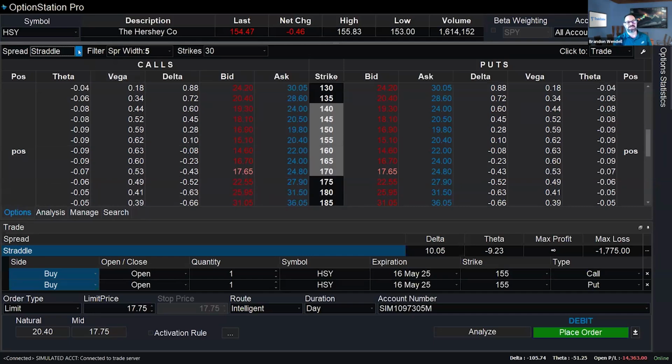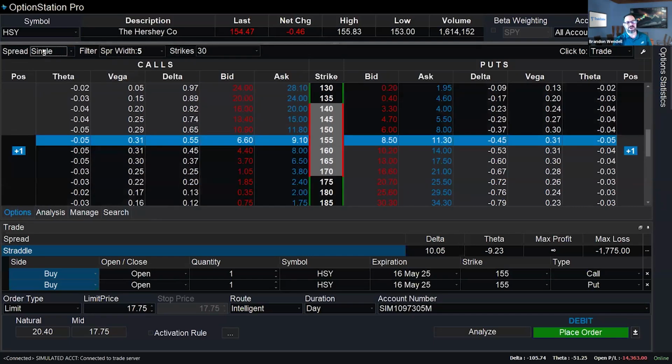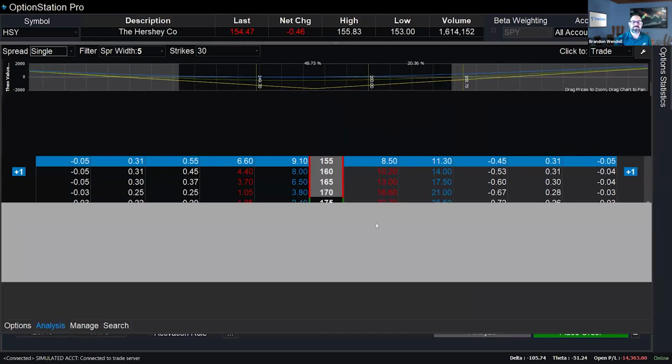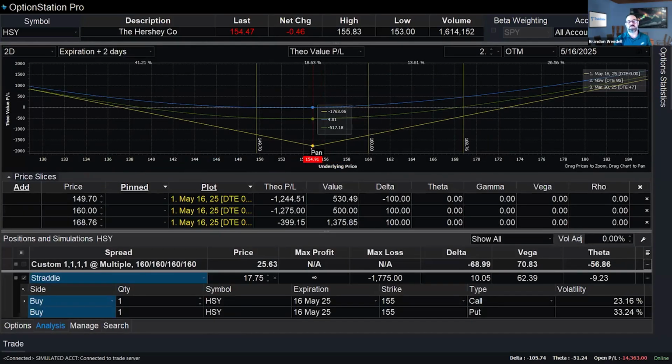What I did was build the position singly, using just single options, opening the chain that I want, and I hold down the control key when I buy so I can do multiple legs. Okay, so now we analyze. And by the way, I only did one aspect of it right there. I only focused on the volatility.